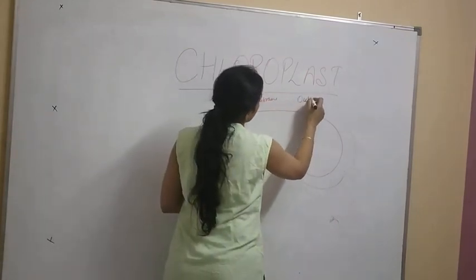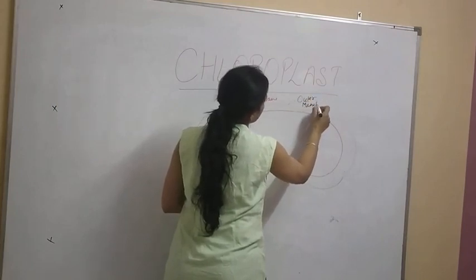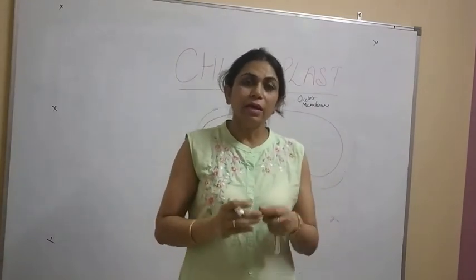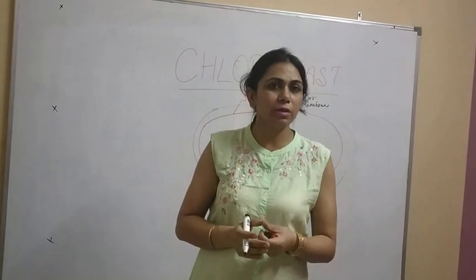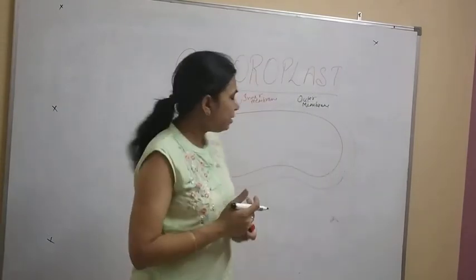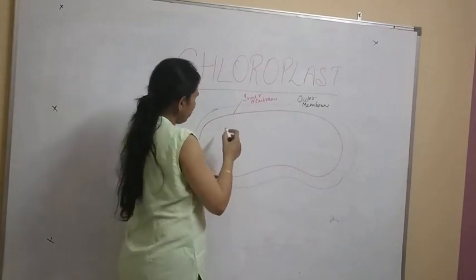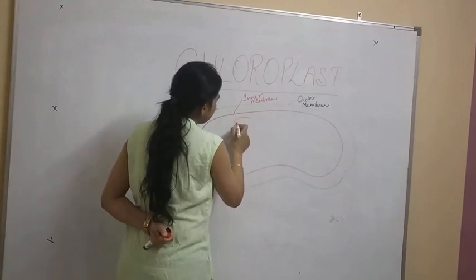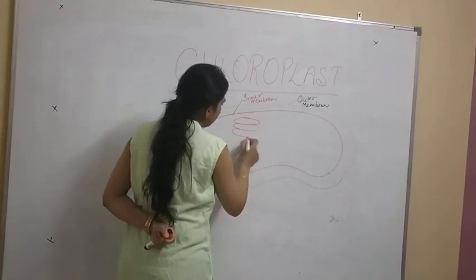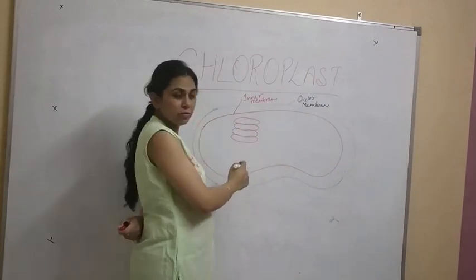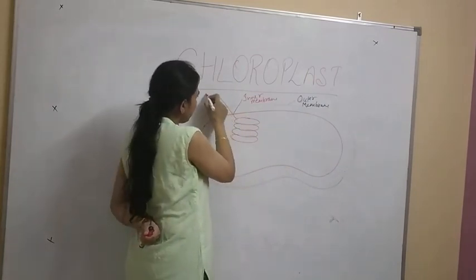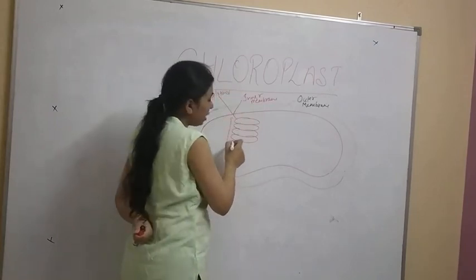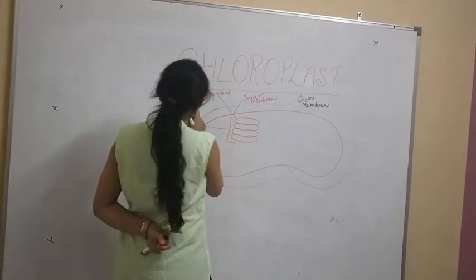Now, in the case of mitochondria, what I discussed was that the inner membrane gets folded in finger-like projections and we use the term cristae. But here it forms flat disc-like structures, and these flat disc-like structures are present one above the another and form a stack in this way. So individually it is called thylakoid, but if it forms a stack one above the another, then we use the term grana.